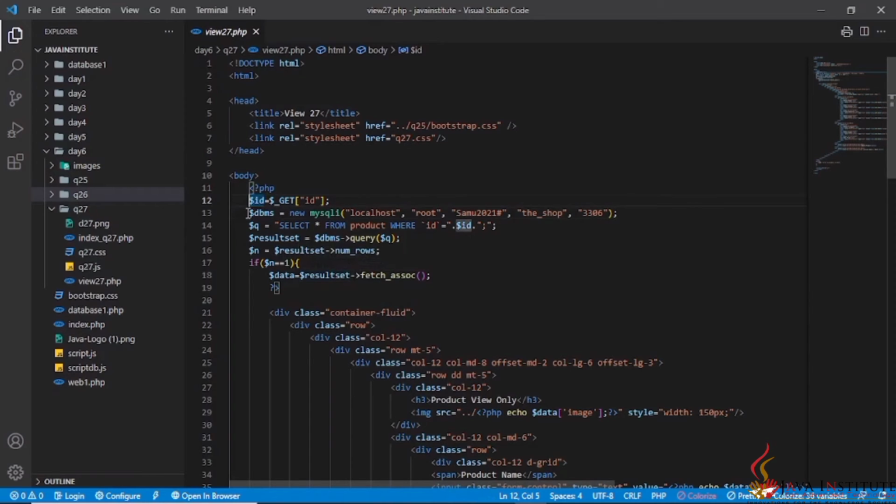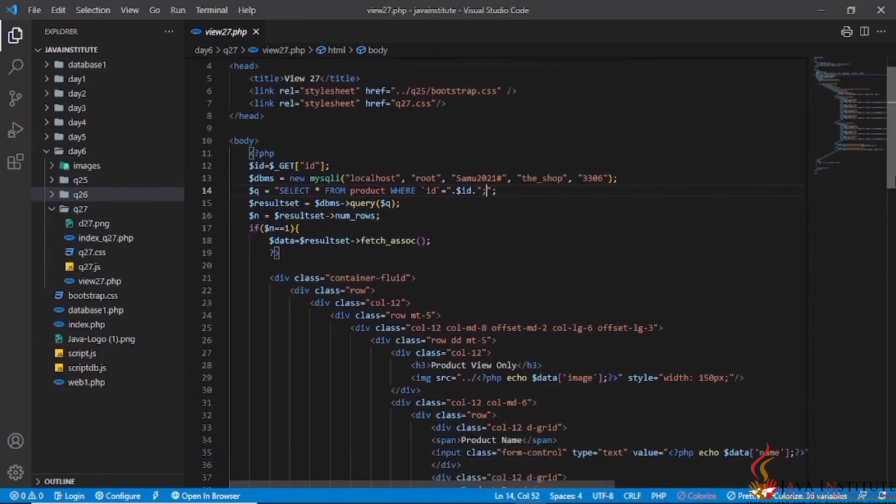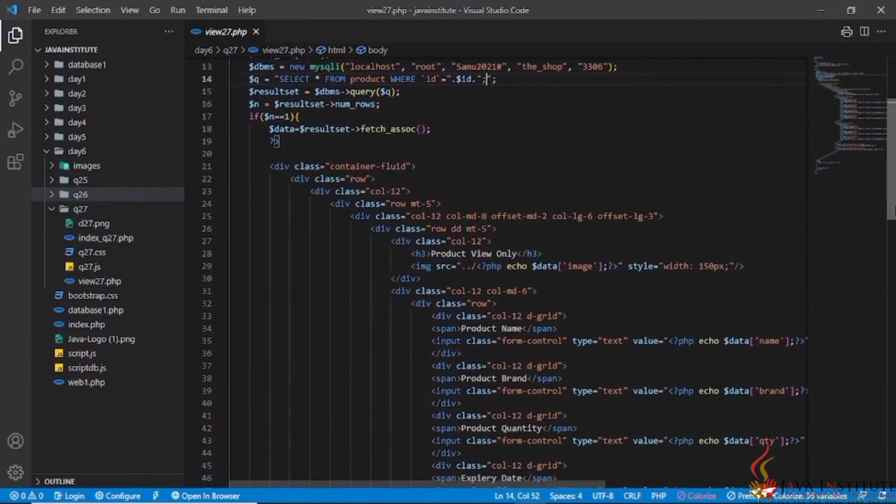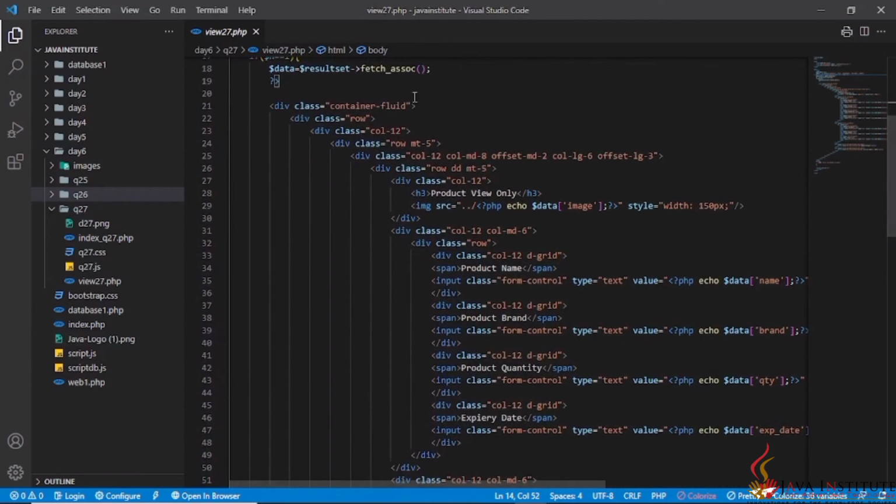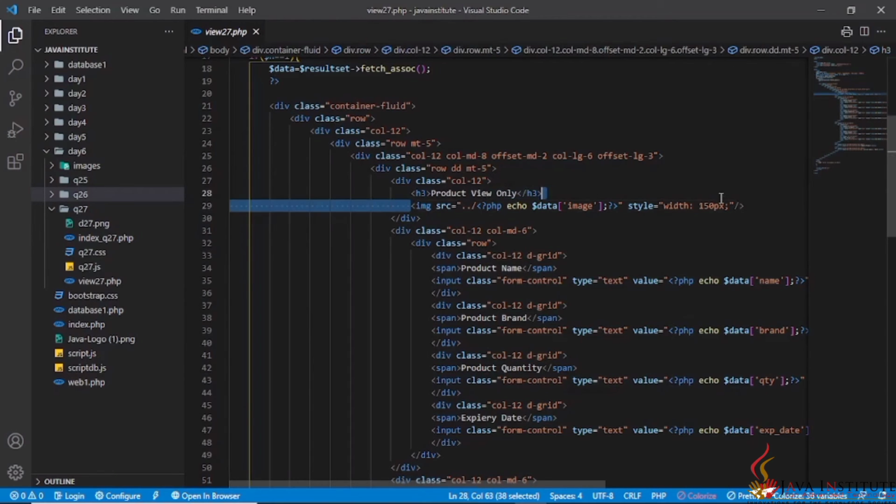Then I have made a connection to the database, and I have given the query as select all from product where id equals $id, and I have gained the result set, then checked whether the number of rows is equal to 1 or not. If it is equal to 1, I have gained the details of the product into this associative array, and this is the way I have given the image of the product.